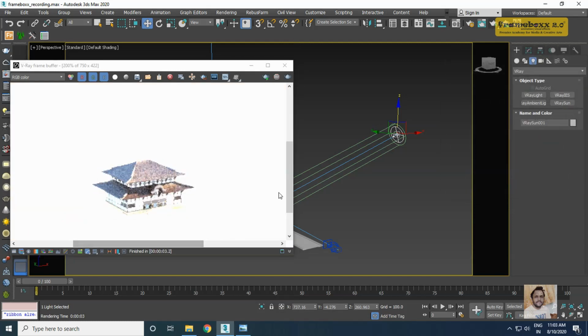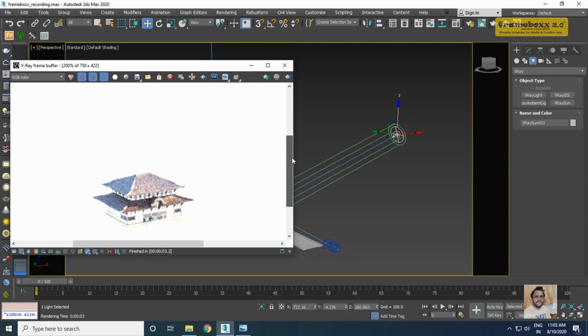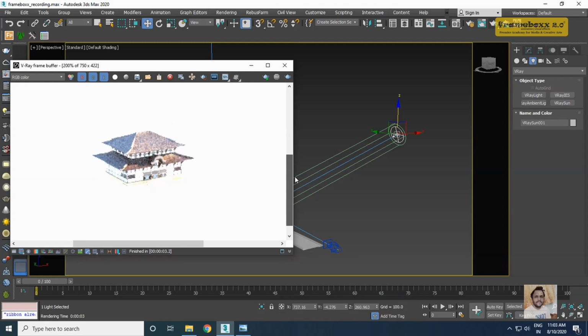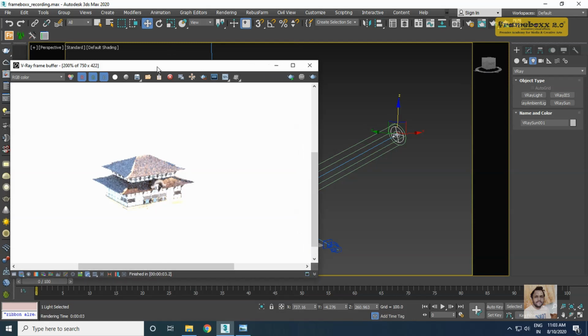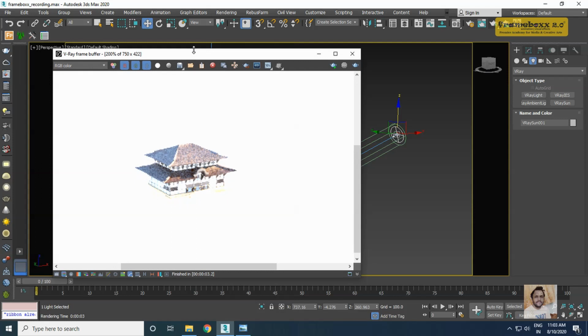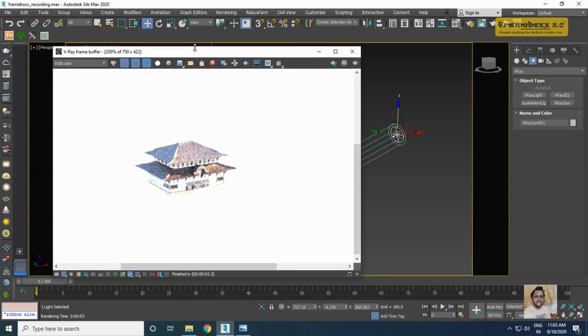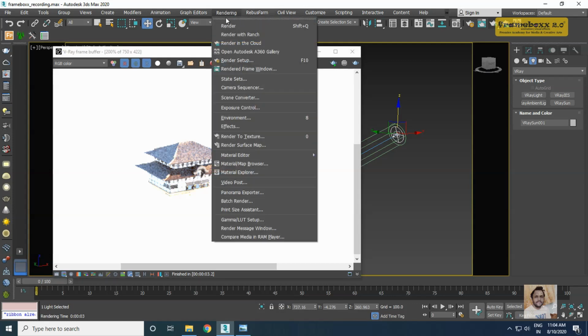As you can see, I'm getting an image which is full of exposure. A lot of brightness is there. This is the default behavior of V-Ray lights or V-Ray sun, you can say. To the students who are just starting out with V-Ray lighting, I have to tell you one thing. To make the render look more cinematic and to achieve realism of the lighting, you have to use an exposure node. You can use the exposure node in the V-Ray camera itself, or else you can plug it in the environment slot. The method which I am going to teach you is we will take the help of the environment slot. So let me go to the environment.